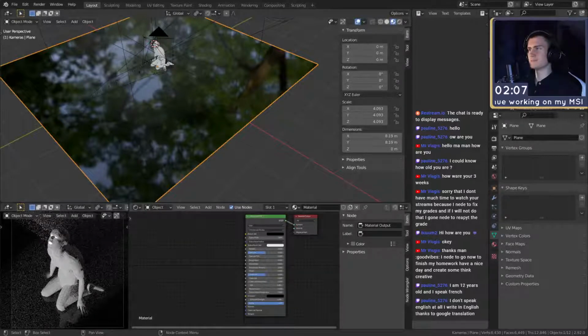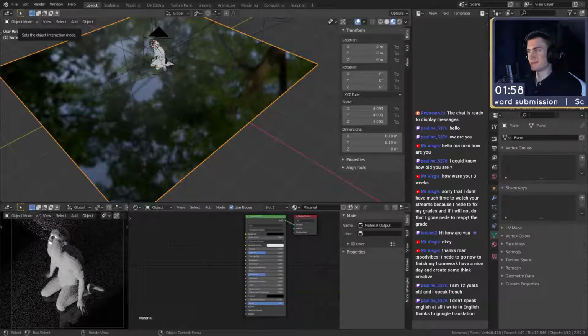Beach sand. That could look interesting, but I think that's too rough. Let's look through a few more. Dry grass. Nope. We have 1.5 minutes. Metal rusty. Metal old. I mean, roof tile, sandstone, snow. Oh, how about snow? What does snow even look like? I've never used the snow texture before.